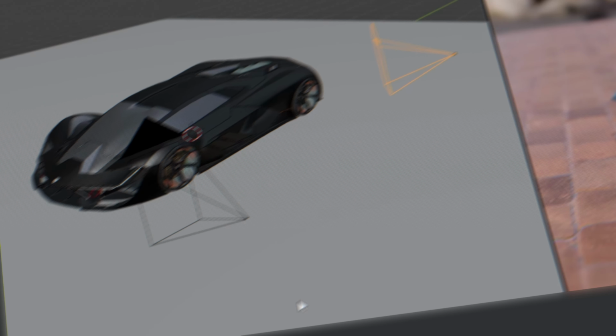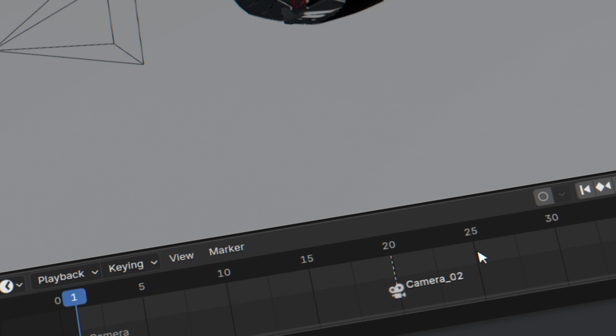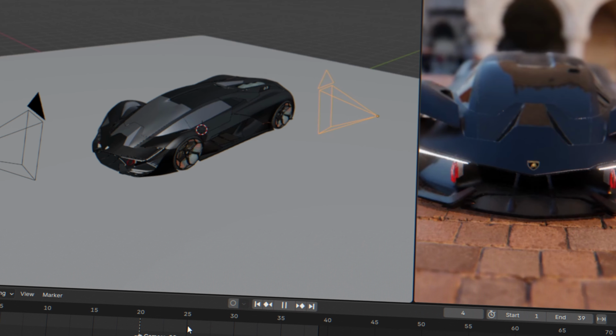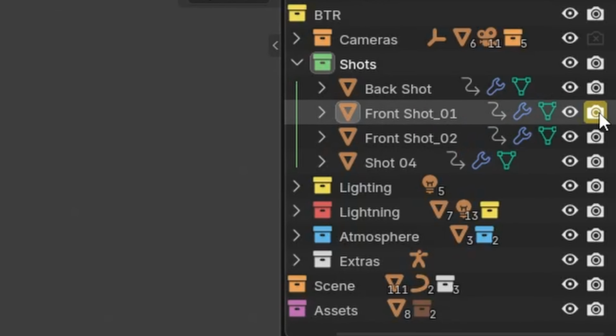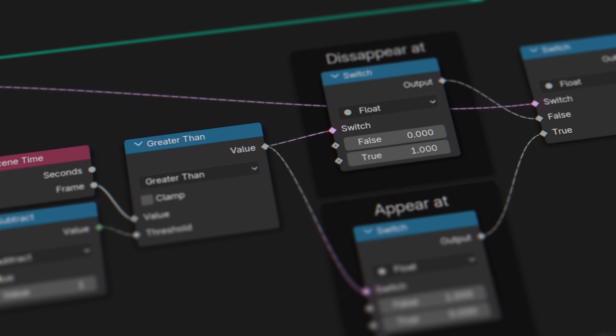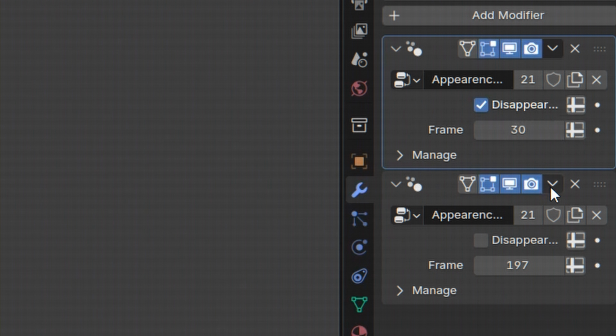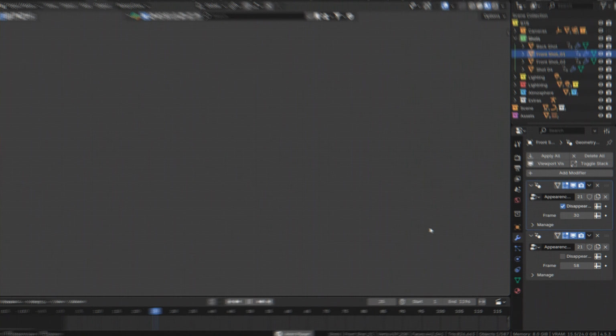We can select a camera, then press Ctrl B in the timeline to create a marker. When the playhead reaches that frame, it will switch to that camera. I have many of these mesh planes that only need to last during a certain shot. You can animate the render's visibility in the outliner but not the viewports. So I made this simple geometry node setup where I can enter the frames and it will appear and disappear